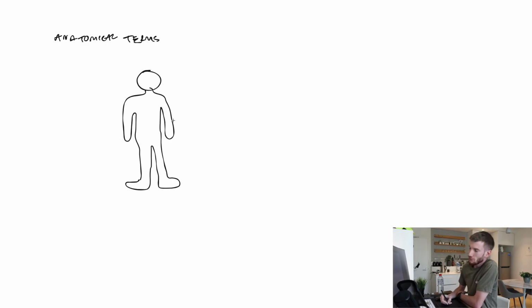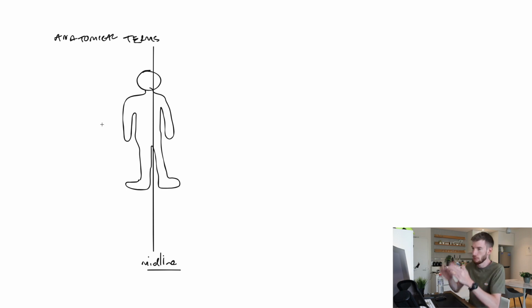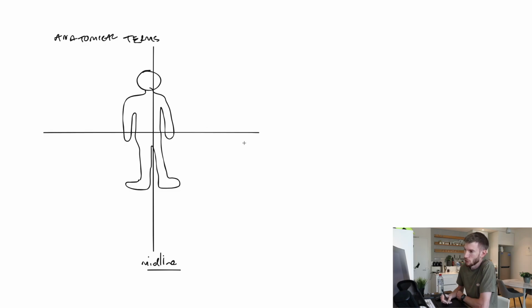So first thing is we have a couple of axes that we look at, and we describe everything in relation to it. So this line here is the midline, which makes a whole lot of sense in terms of its name. And then we describe things relative to where they are to the midline. We've also got, not really a true axis, but a horizontal line. And so therefore we can then talk about things either being